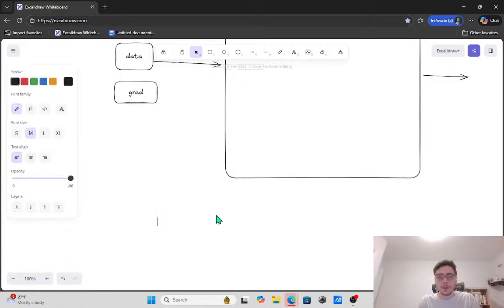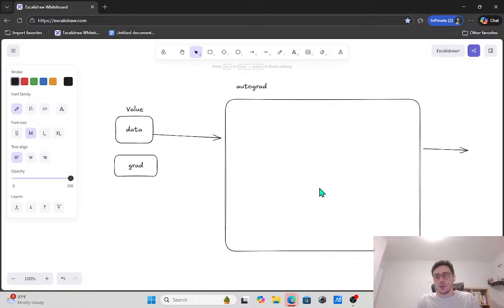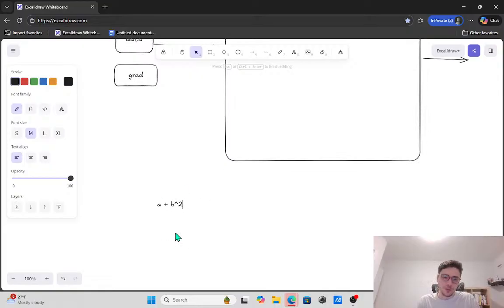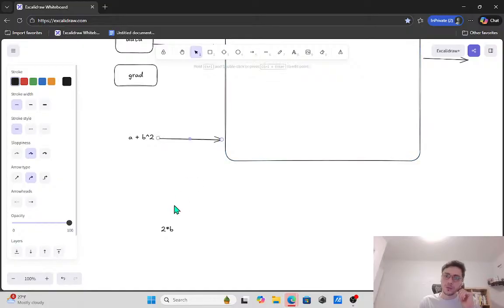For example, we could say A plus B squared. Then I guess we want the autograd to basically do the derivative in respect to A or in respect to B. If we do it in respect to B, the partial derivative in respect to B basically becomes 2 times B. So theoretically, if we put this into our autograder,